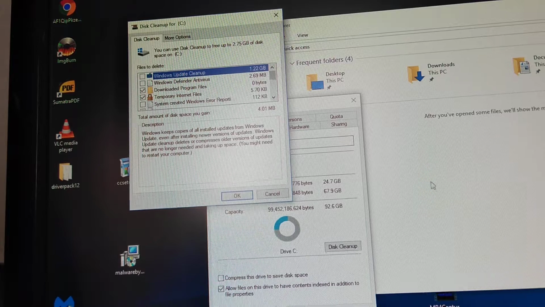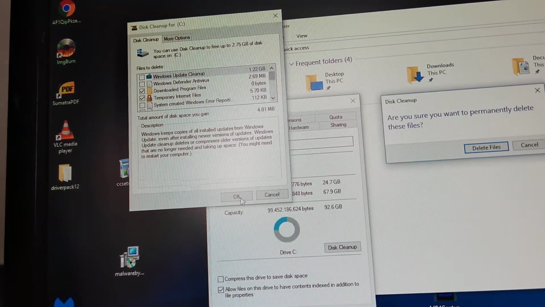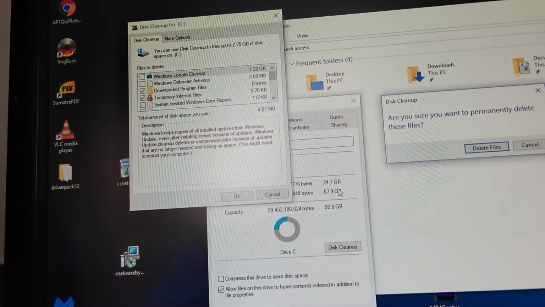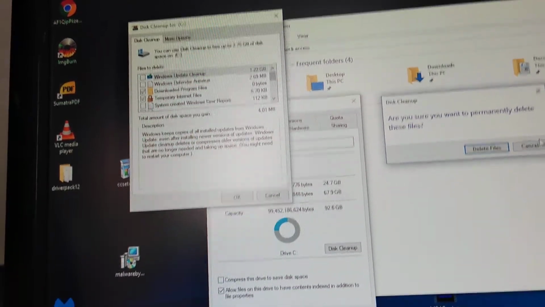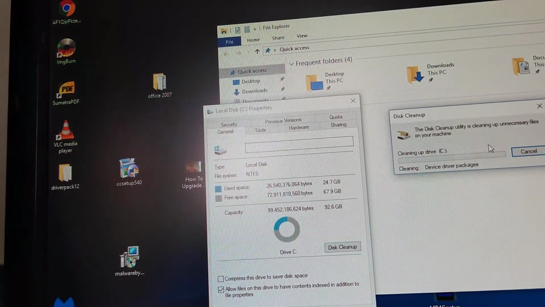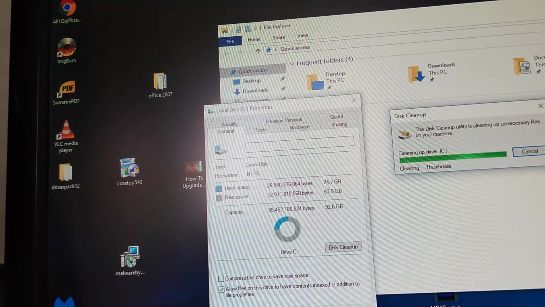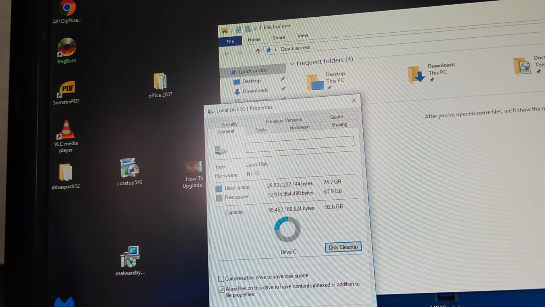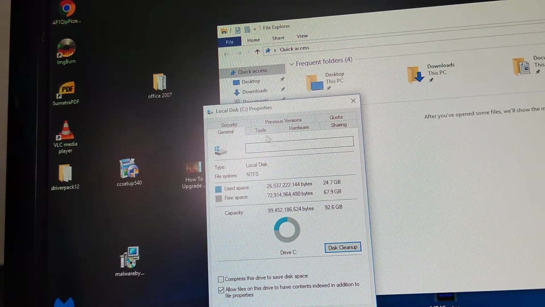And now it's showing you this dialog box, and you hit OK. And then on the right, it's asking you, are you sure you want to permanently delete these files? And then you're going to hit Delete Files. And then give it some time. It's going to delete the files. Doesn't take long. And then next, you're going to go back to this first screen, and you're going to go